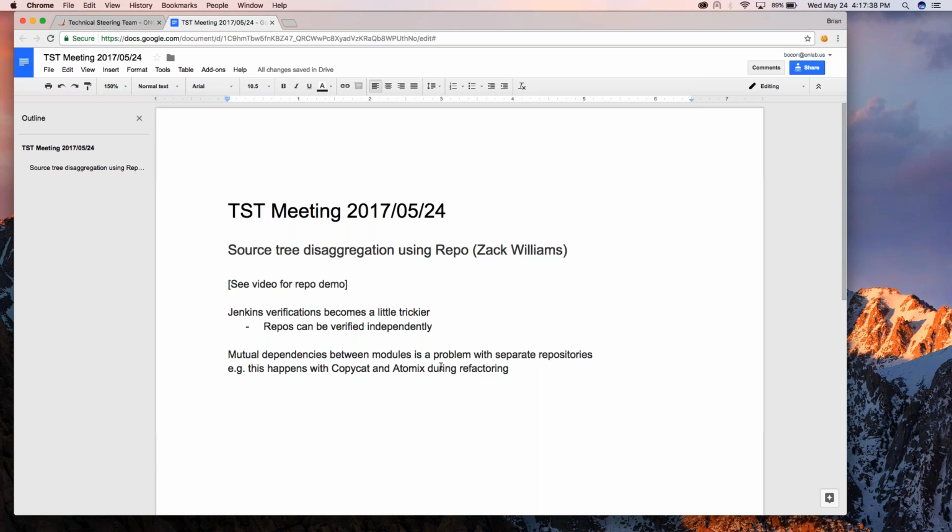That said, the advantages of having things individually in their own repo and allowing development is... what did you say was the advantage of doing this? The biggest advantage we found is